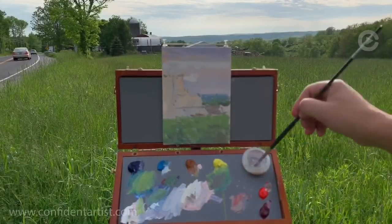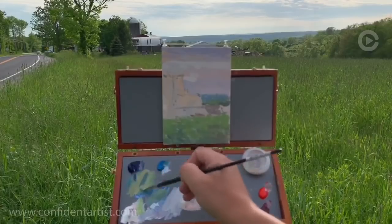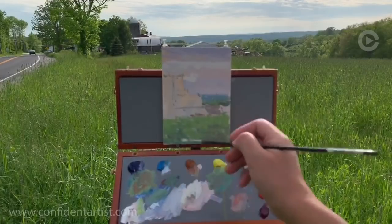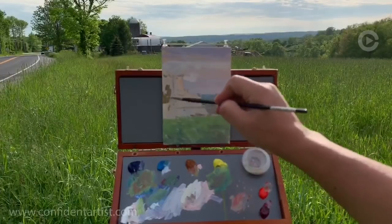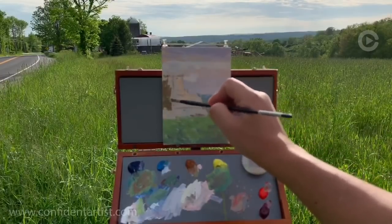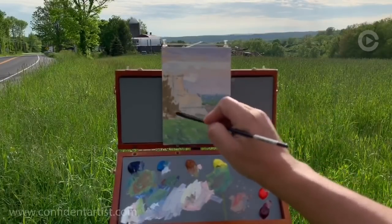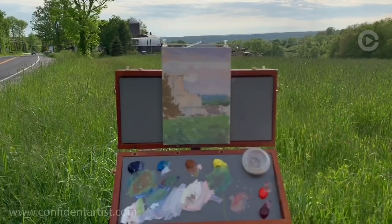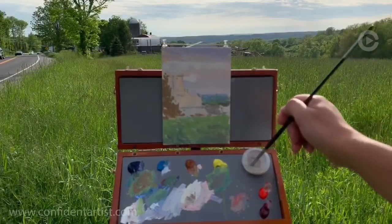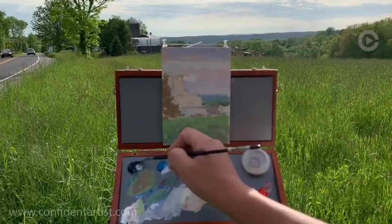Now, I think before I go with the darks, I will try to prepare a surface with an almost dry brush, but still with green, which is a little lighter. Yeah, that will probably be a lighter part of that spruce tree on the right. I'm not trying to be very descriptive shape-wise. And also, I think a few dark details. Looks like with this smaller palette, I pretty easily get